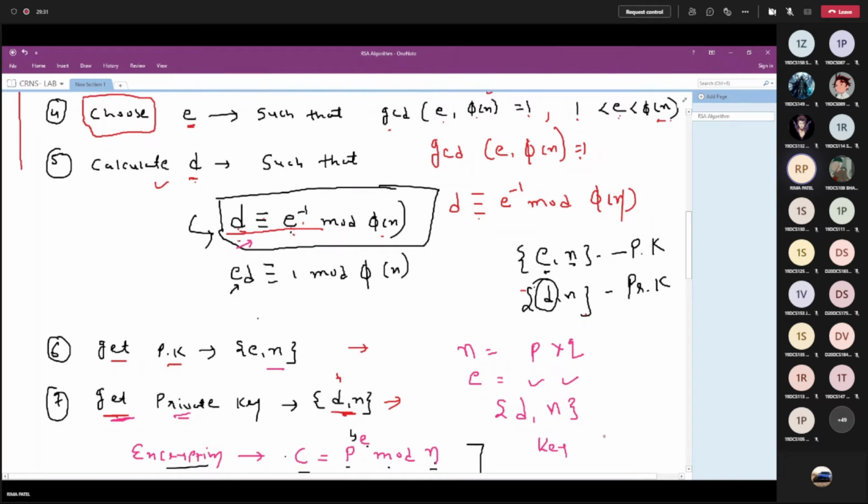Okay, the very first step you can see. We have done three algorithms in lab, that is Caesar cipher, Playfair, and Rail fence, right? So both in Caesar and Playfair, the very first thing was what? We need to decide the key. In Caesar it is fixed, that is 3. In additive cipher, we need to decide. That means sender and receiver both should agree on the common key. Why common key? It is a symmetric key crypto system, right? So here also in the asymmetric crypto system, the very first step is key generation.